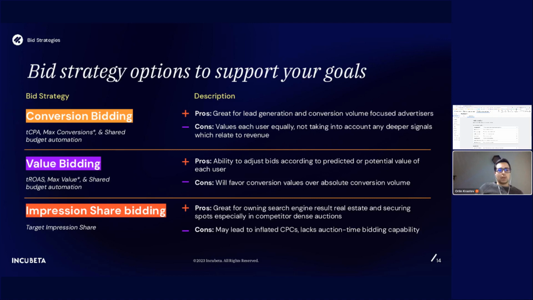So first, we've got your conversion bidding. This is for conversions that do not have any value assigned to them. So you're looking at things like your targeted cost per acquisition or maximize conversions. So really focusing the strategy on maximizing the number of conversions within a specific cost per acquisition target, or in the case of maximize conversions, which is a Google Ads bid strategy, just maximizing the total number of conversions generated within your budget. So typical use cases are things like lead gen, any type of signups or downloads where you have